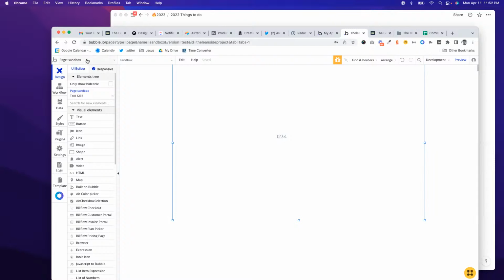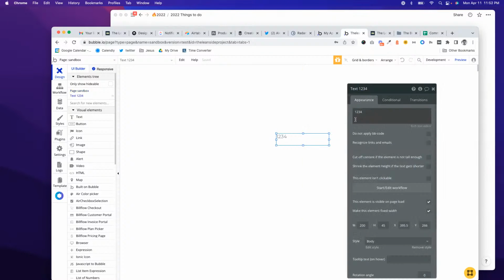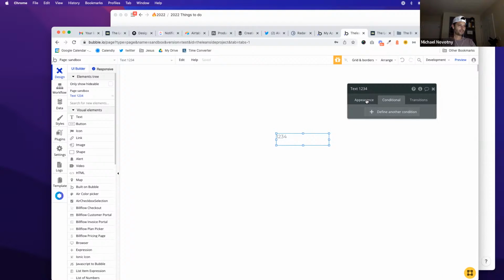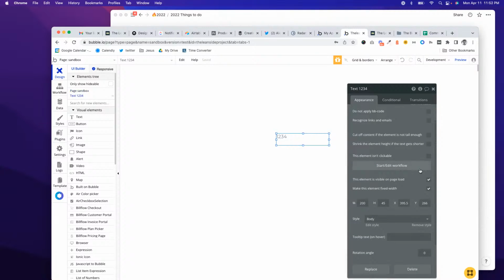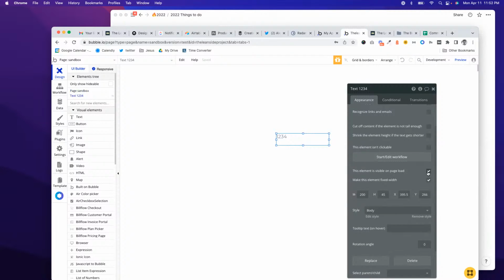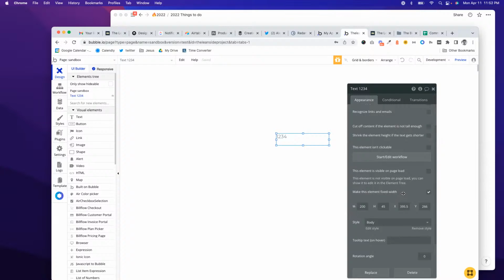So take that text though, that 1, 2, 3, 4 we just wrote, and now we want to make it so it doesn't display on page load. Okay. So that checkbox, we'll go to appearance, and then halfway down, this element is visible on page load. Deselect that, and then conditional. Go to your conditional tab now,